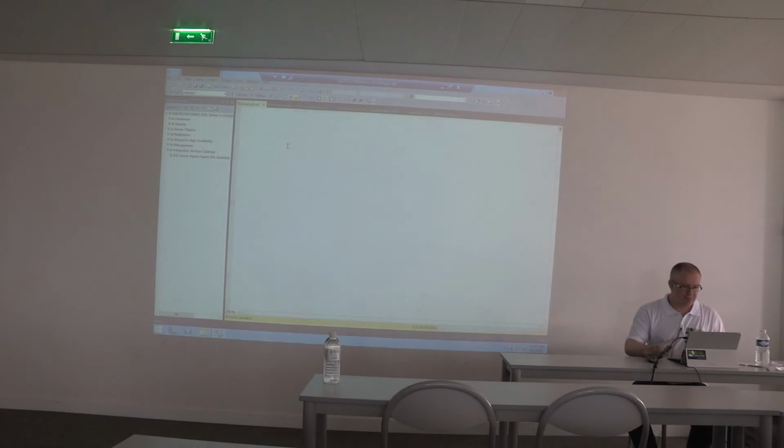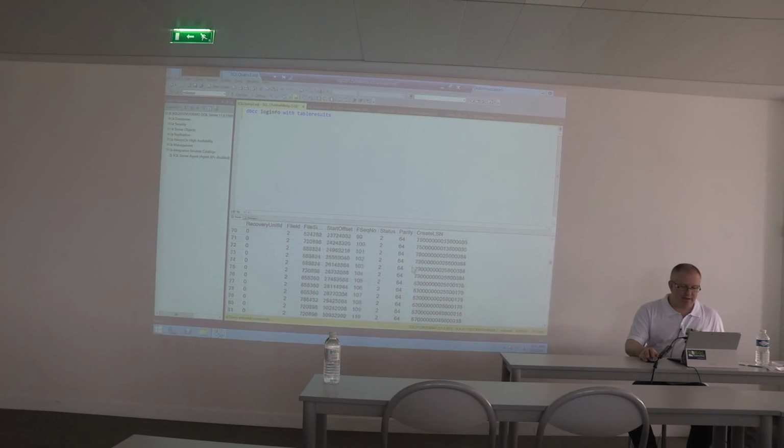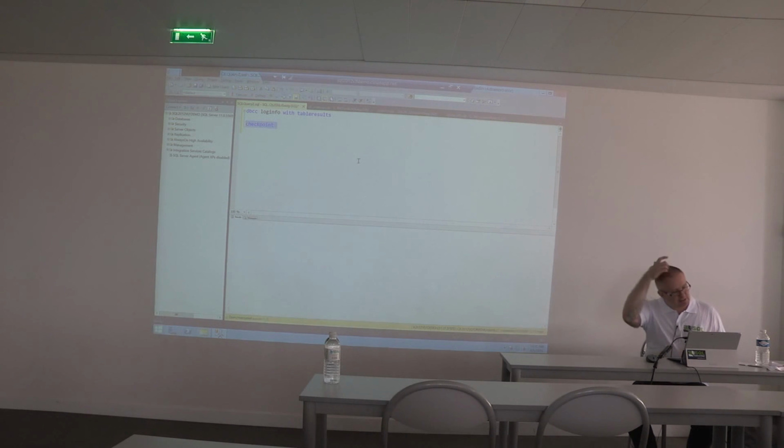And what I'm going to do... I can see that I have a whole lot of VLFs going on out here, but the status of 2, again, 2 means it has data in it, but it has not been backed up yet. 0 means it's ready. So before I do anything, I'm going to checkpoint this thing. I'm going to do a checkpoint and tell SQL Server to flush that data to disk.